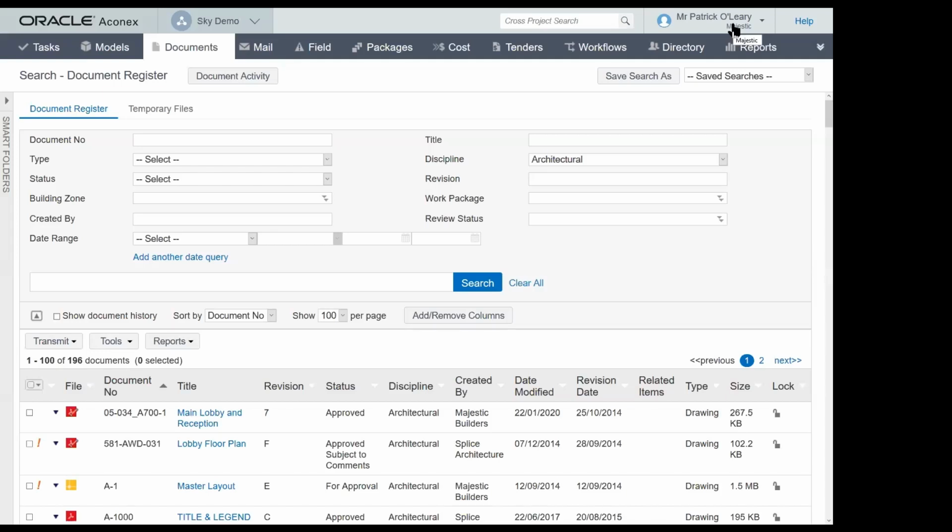And Aconex works on a similar basis. Although it is a common environment, the security within Aconex, which is unique, doesn't allow different organizations to see other organizations' information unless it is handed over on an electronic transmittal within the system.